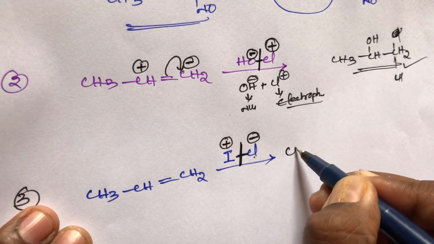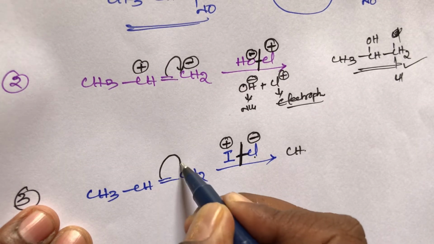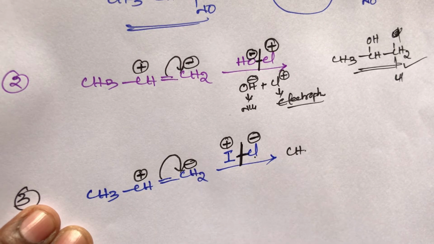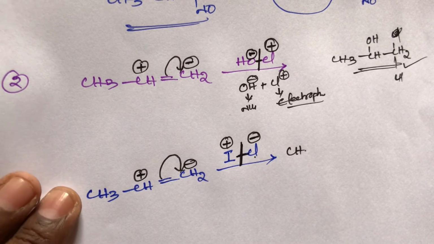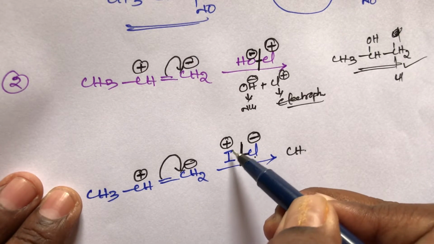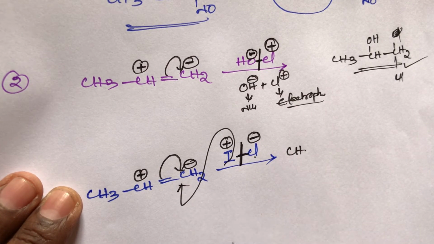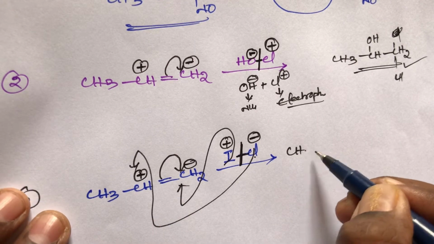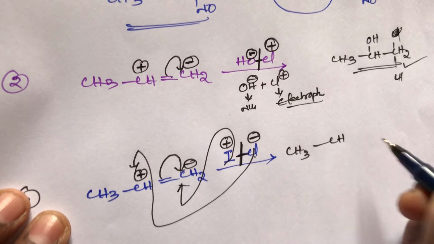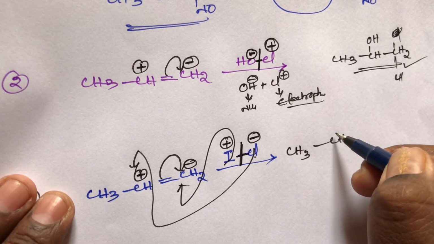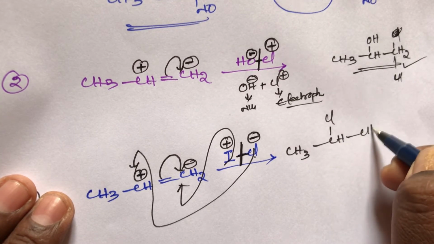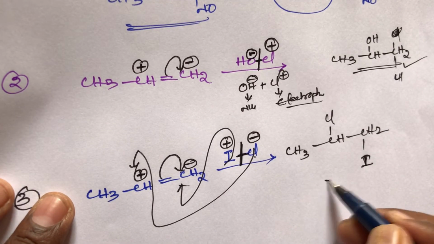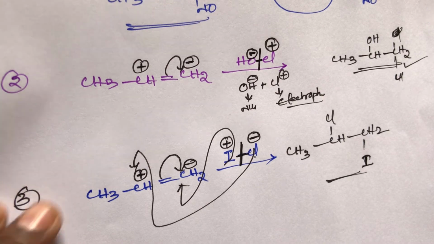In this electrophilic addition reaction, the bond shifts towards here, this carbon getting positive charge and this carbon getting negative charge. So I am writing the final product, students. This I plus will attack this position, Cl minus will attack this position. We get the final product CH3 CH Cl and CH2 I. This is iodine. This also undergoes anti-addition reaction.